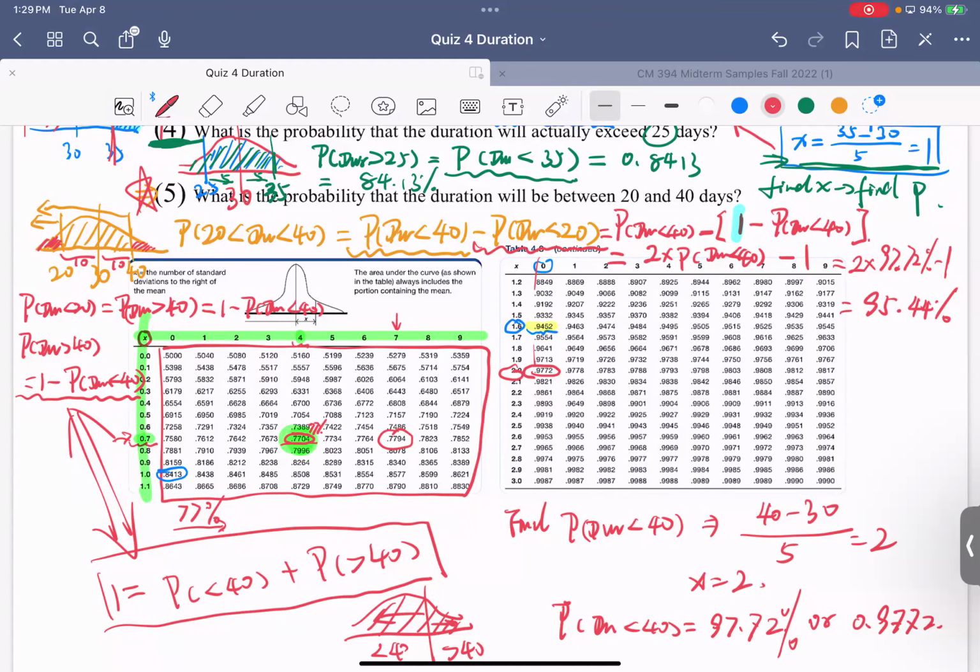So you don't need to multiply by 2. You just need to put the number in here, and you get the same thing. I didn't even write that whole equation. I got 0.9772, which is only these parts. Then I multiply that by 2, and then minus 1. Is it multiplied by 2 because of the chart? No, it's not. We multiply by 2 only because